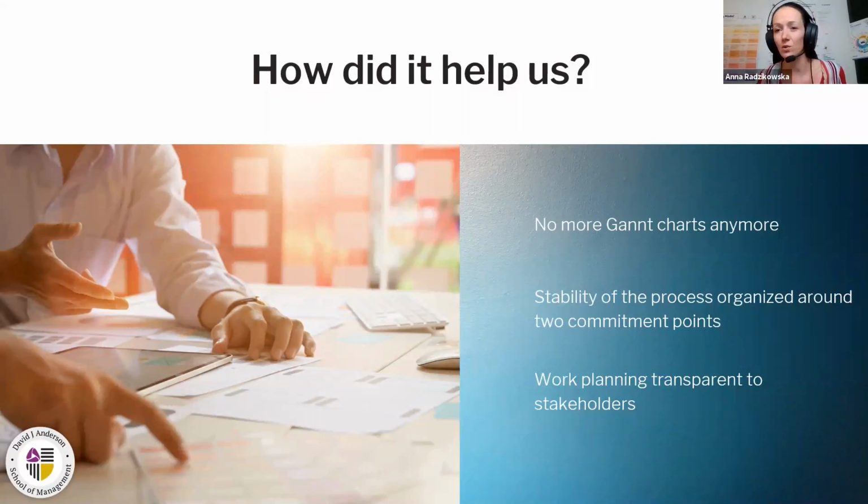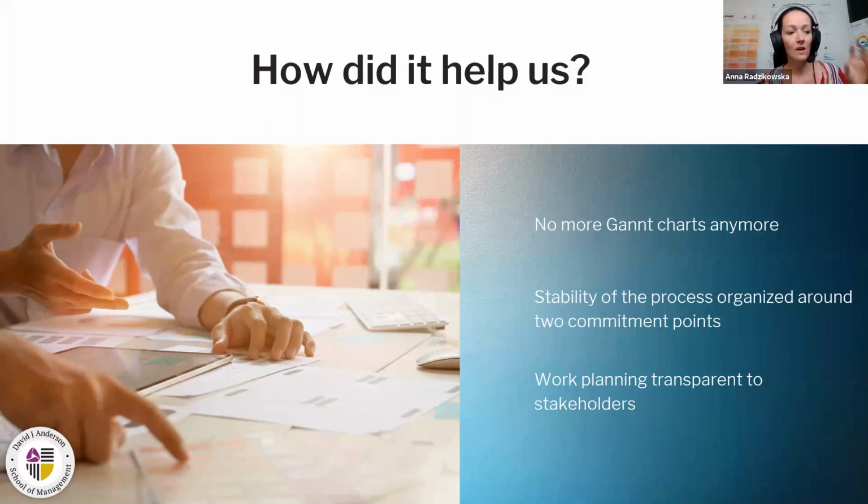So there was kind of a natural cadence of delivery for us. What it changed is that we stopped doing the Gantt charts. We just started to discuss delivery dates with the business based on the lead time, but I will talk about it in a minute. It helped us to stabilize the process around these two commitment points because we had a clear